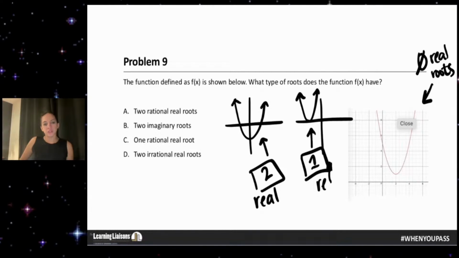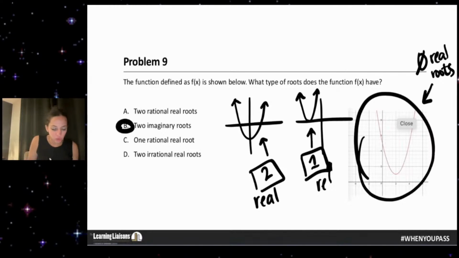An imaginary root is going to be something like this. This is going to produce 2 imaginary roots. If it bounces, it's just going to be 1 real root, and it could be rational or irrational. And if it goes through the axis twice, it's going to be 2 real roots. Whether they're rational or irrational is a whole other conversation, and that can be found using the discriminant, but we're not doing discriminant today. We can do discriminant another day. But that is how you figure out how many roots that function has.